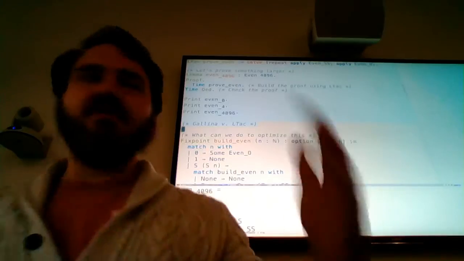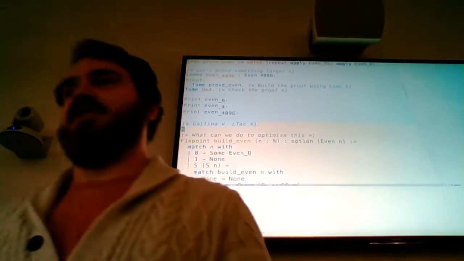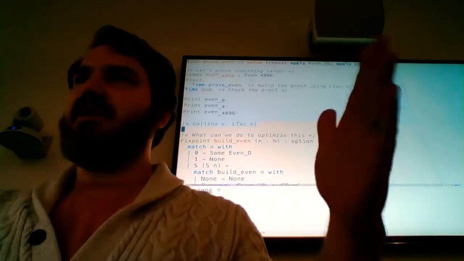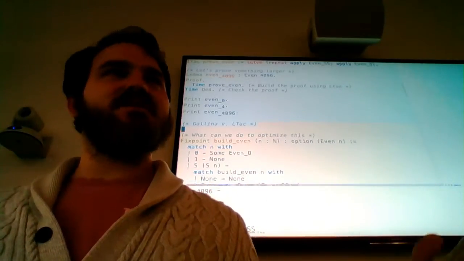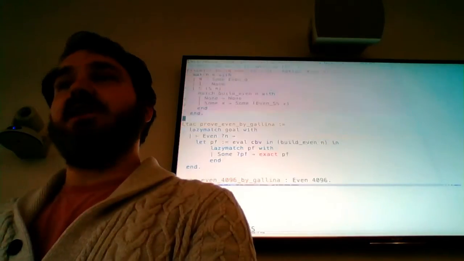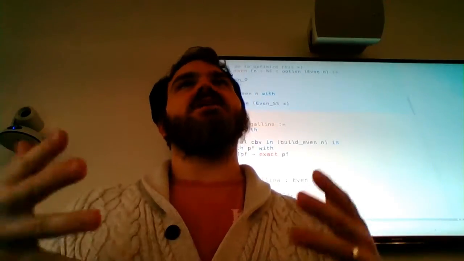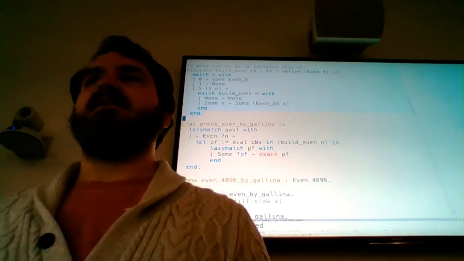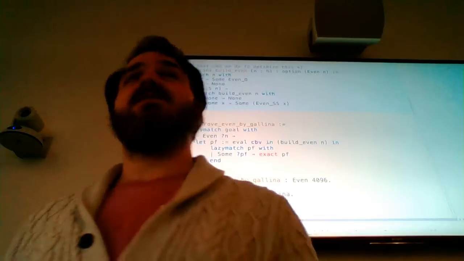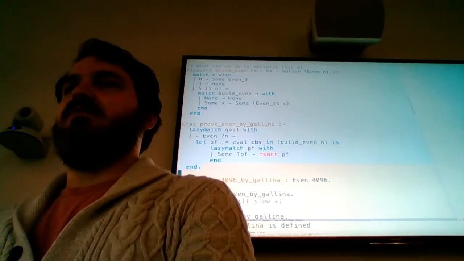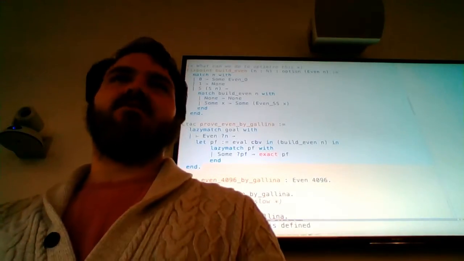Okay, so what can we do to solve this problem? Well, one thing we can do is make building the proof faster. One way we can do it is, the language of tactics, LTAC, is a dynamic programming language. We can use a static programming language to build our proofs. So here is Gallina. It's the term language of Coq, actually, which means that it's the language that Coq reasons about as a logic. But we can write our build even in this, and it's going to be a partial function because not all numbers are even. So we use sort of a maybe monad approach to that. And then we wrap a tactic around it that extracts it or fails if